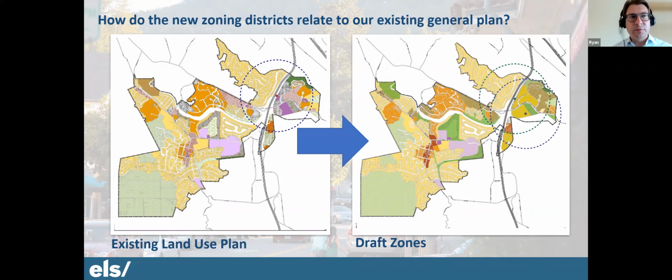No. So what you see on the left is your general plan land use. What you see on the right is the zoning districts that we've identified for the development standards. Essentially where we saw this color, which is predominantly single family homes, we applied the lowest density possible in the Optico standards, which is the edge neighborhood. So you'll see that the yellows, same color, correspond, same boundaries.